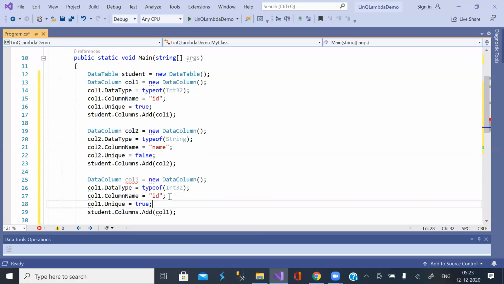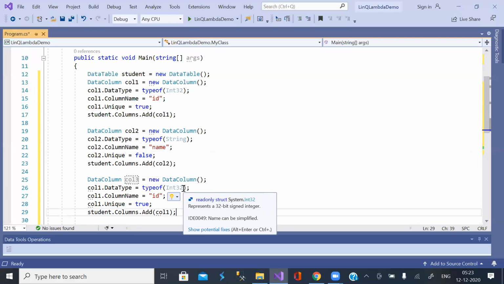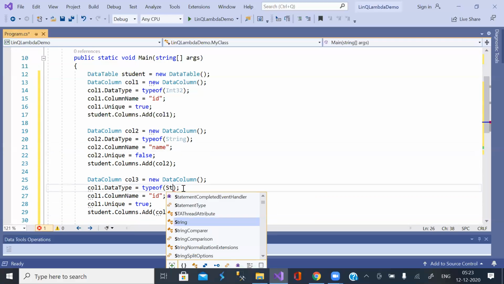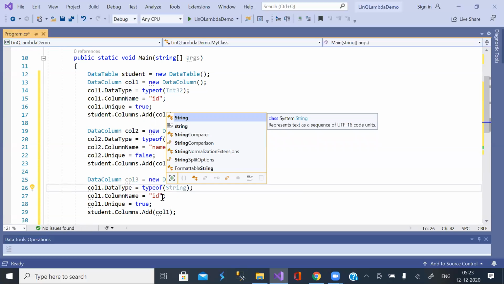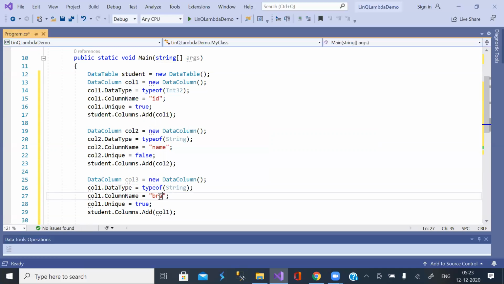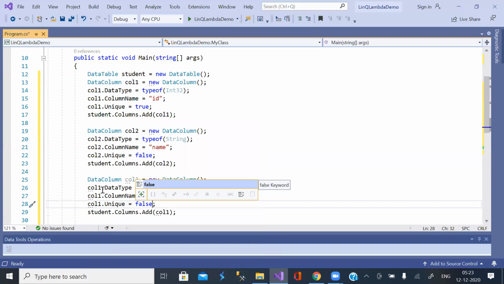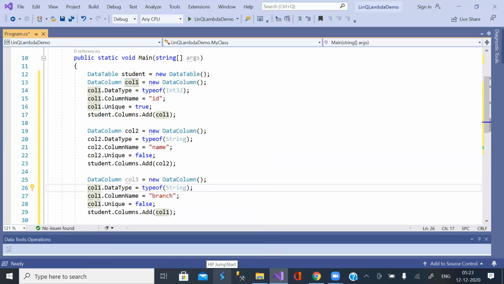Okay. Now create column 3. This is also string. Suppose name is branch. It is not unique. This is column 3. Okay. Add column 3. Now all the 3 columns are